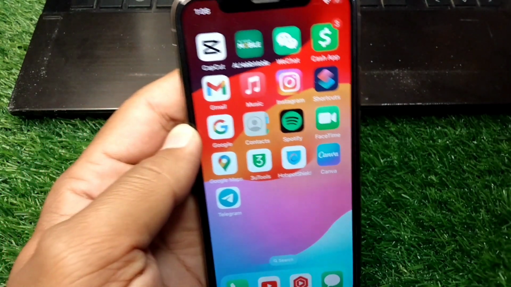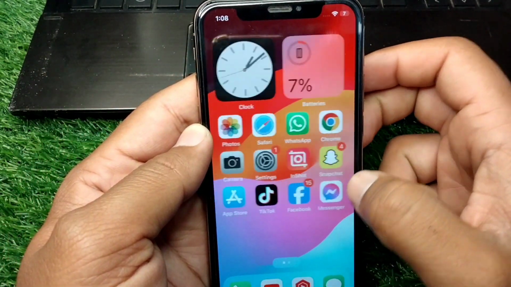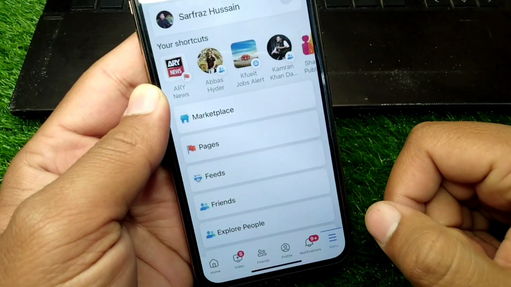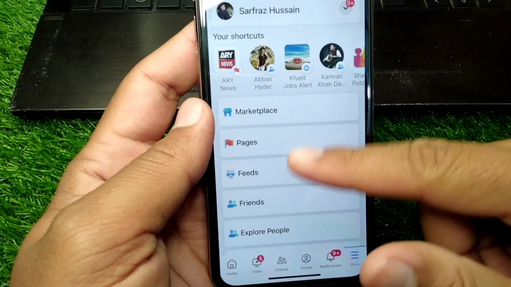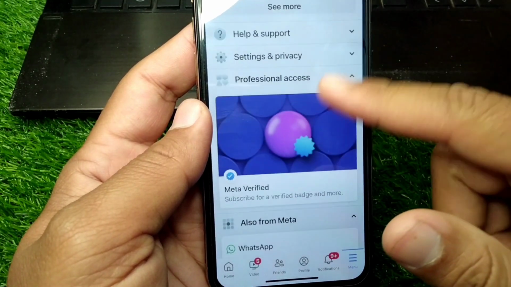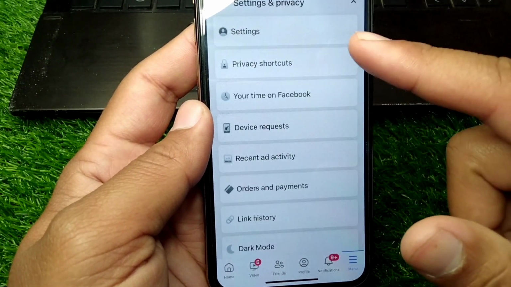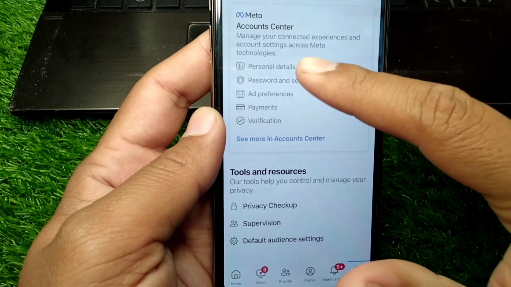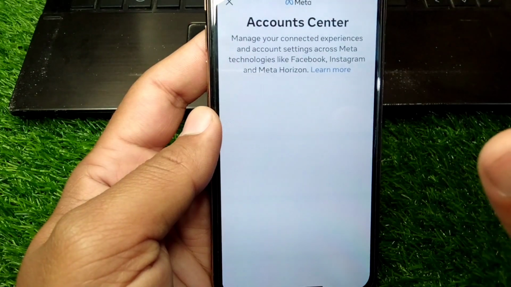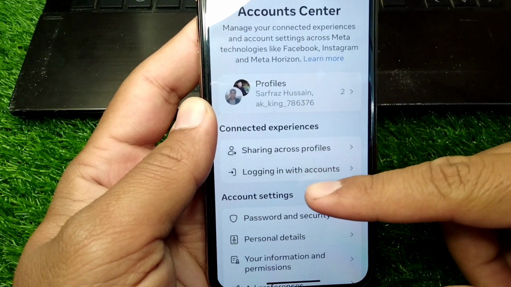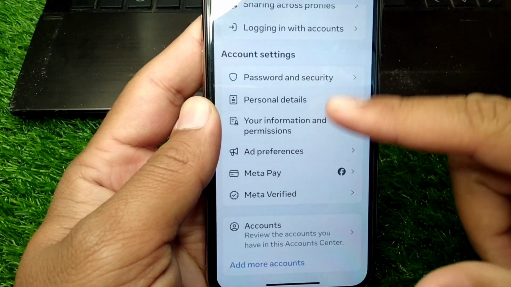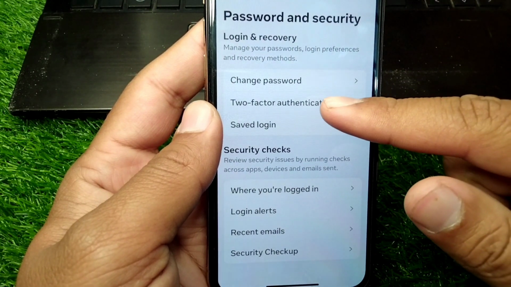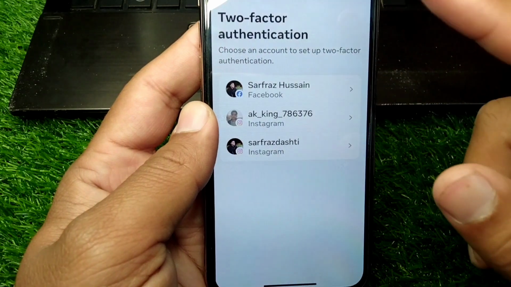So guys, first of all, go back to your home screen and now you have to simply open your Facebook account, and from here tap on your menu button, and from here you have to simply go to your settings and privacy, and from here tap on settings, and from here tap on account center, and from here you have to scroll down and tap on password and security, and now tap on two-factor authentication, and from here select